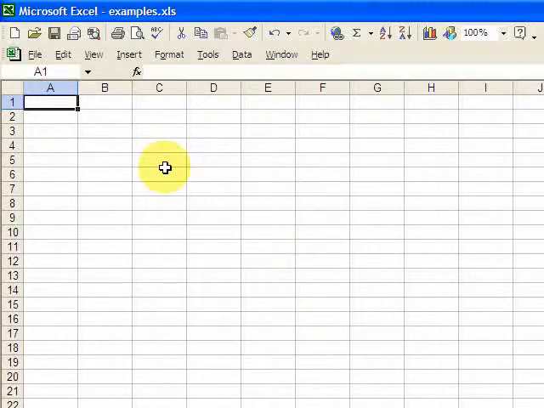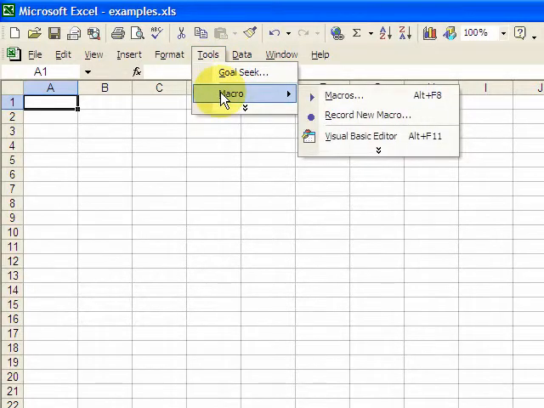Hello everyone, this is going to be a brief video on the Application.OnKey in Excel. It's a way to add a shortcut key to macros. You might be aware of one way to add a shortcut key to a macro, and that is to go